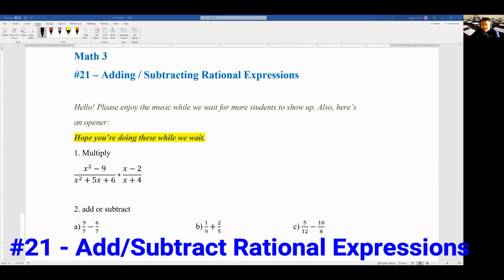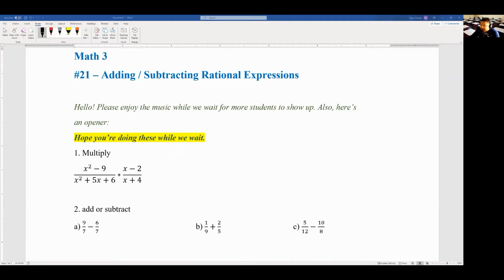Okay. The opener, what you should have learned last week was this thing called multiplying rational expressions, which is this thing right here. Well, if you follow the lesson, we're following this thing called FCM, which we all know stands for